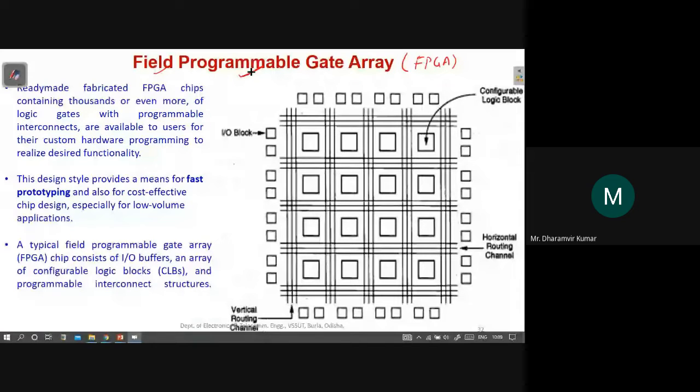You don't have to pick up the IC and bring it to the company to get it programmed. It can be programmed at any location, and that's why it's called field programmable gate array.